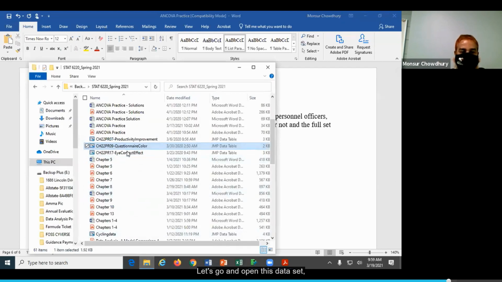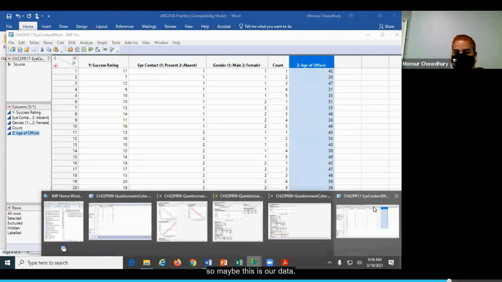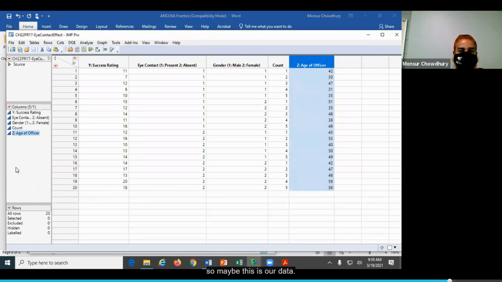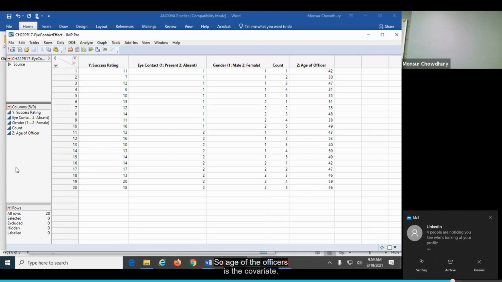So let's go and open this data set. So maybe this is our data. So we have success rating, we have the eye contact, present and absent, the gender and age of the officers. Okay, so age of the officers is a covariate.